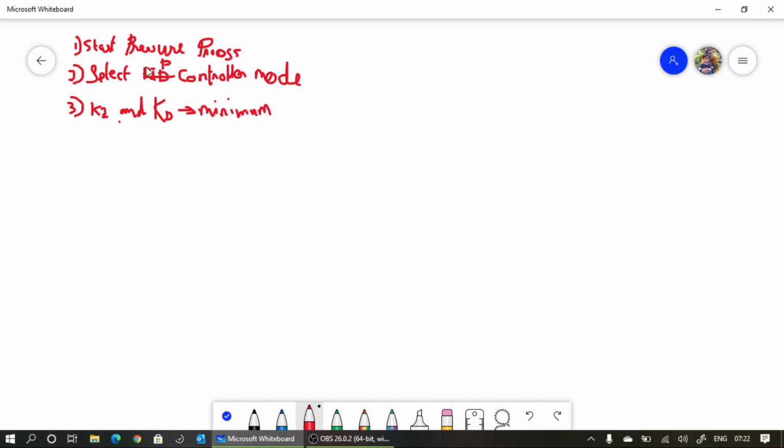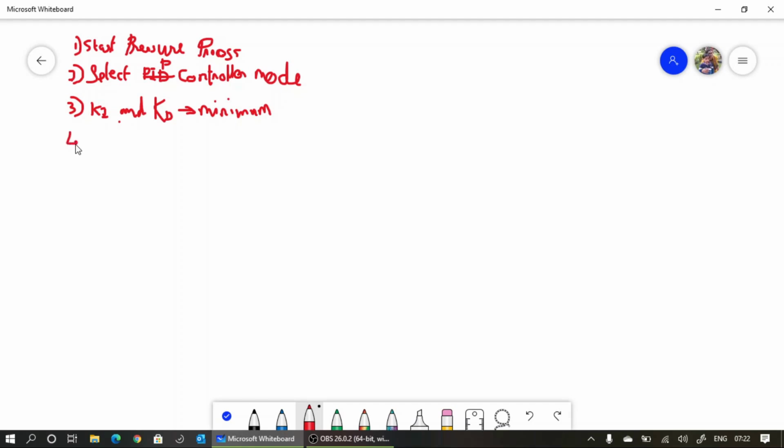Please note, if you have P control mode, meaning if you are using a computer, definitely P control mode is there. At that point you can select P mode, so there is no need to go through the third step. Even if you are using PID control mode in computer software, you can select Ki equal to 0 and Kd equal to 0. There the minimum value of Ki is 0. If it is not 0, you have to go through the third step and select the minimum value.